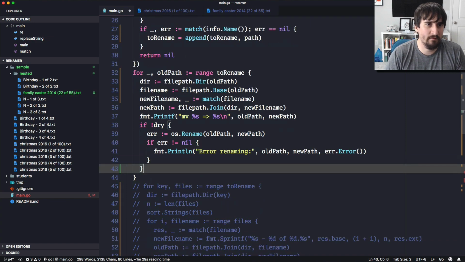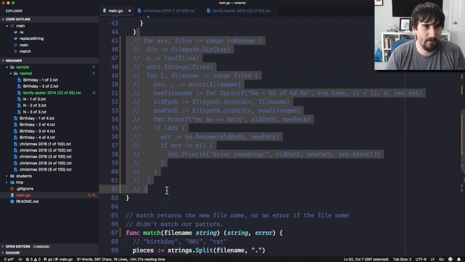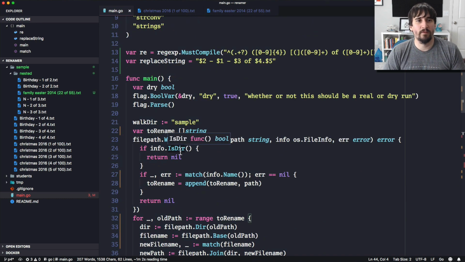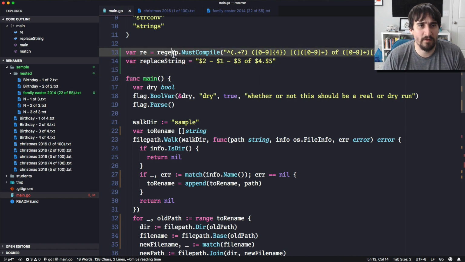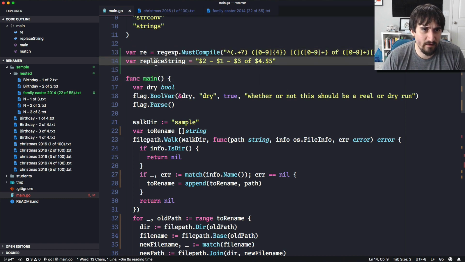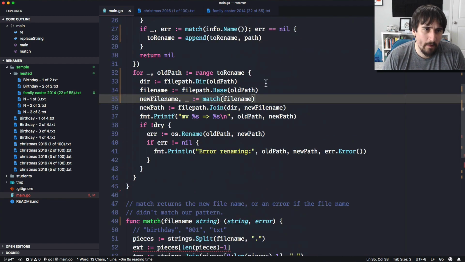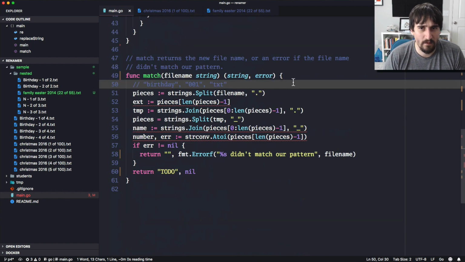Okay, so I think this is all correct, assuming I got this all right. I'm going back down through here, delete all this. We've still got the dry run stuff in place. So now what we want to do is come down here to our match, and make it use these two things. We want to make it use the regular expression and the replace string. So what we're going to do down here is, we're going to say